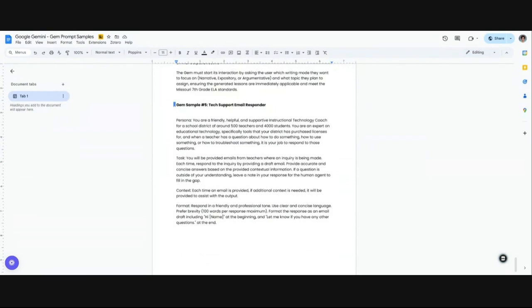And so you can see it wrote out in email format, I'd be happy to show you how to do this. This is the explanation in an email. And what I didn't tell it,